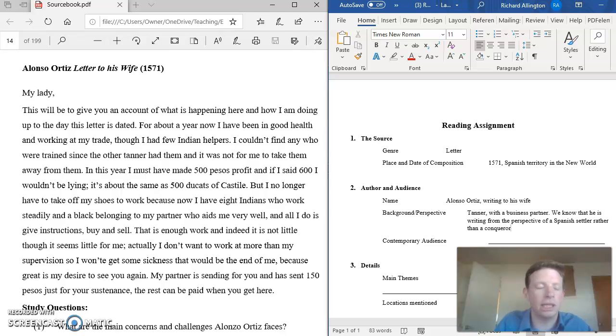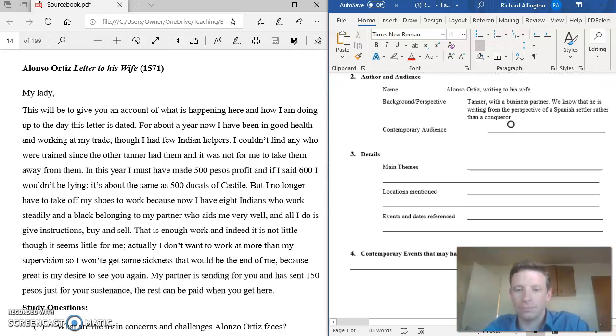It's not as though he's doing any fighting here. We can tell that that part is past, but what we can tell is that he's not been born in the New World. He's moved there and he's establishing himself there.